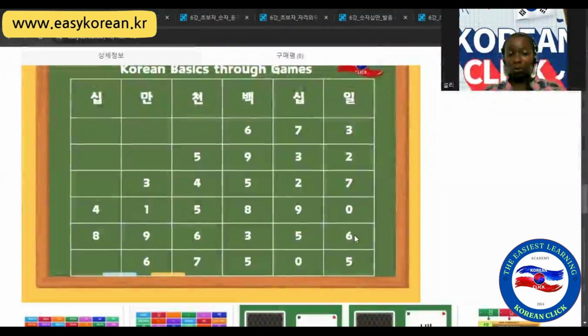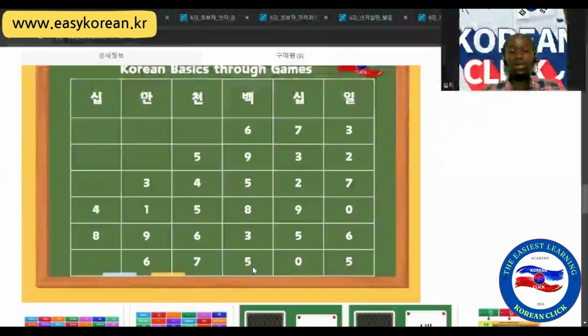6,356. 89만 6,356. 네. And for the last one, we have 5 here, which is O. It's still O. So you won't say 505. You say 500. So 7,505 will be